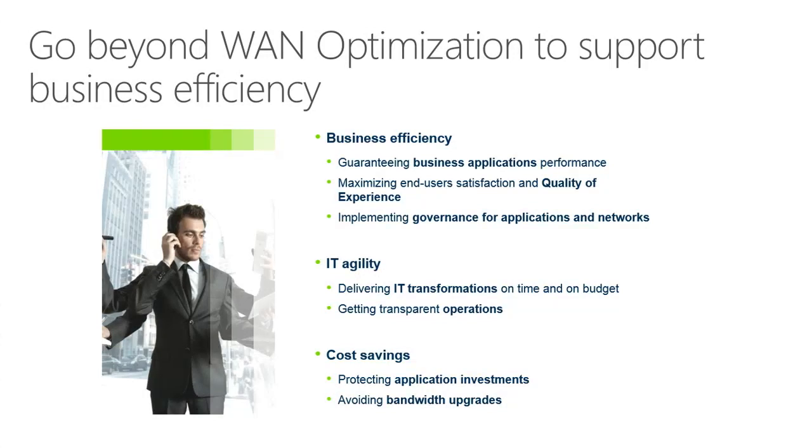Any approach should also enable new uses of the network, so you shouldn't be constrained and have to go and make a million changes in your environment just because you want to roll out a new application. That is a lot of work and prone to error, as I'm sure we're all aware. So you need to empower the operations teams to take control of the networked environment. Taking such an approach will ultimately protect application investments and put you back in control of the network, avoiding this never-ending cycle of bandwidth upgrades because you've run out of capacity without really understanding what the network is being used for.